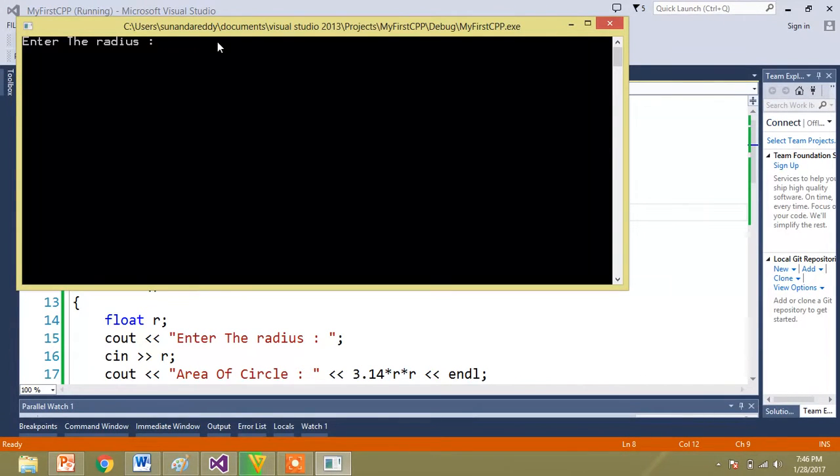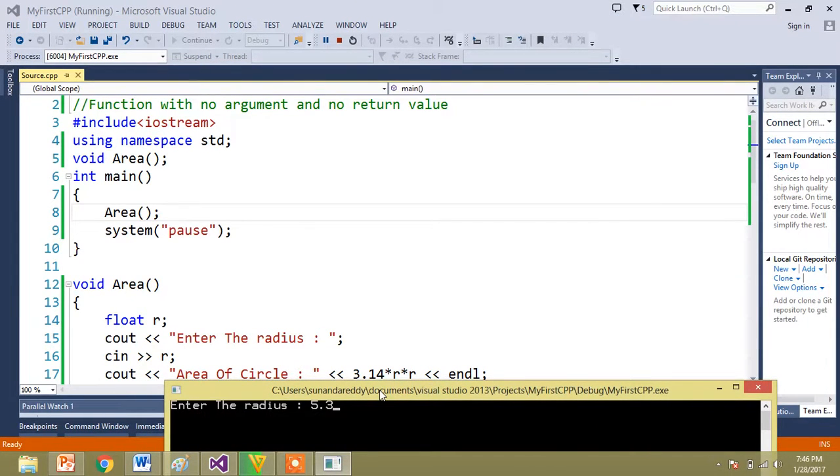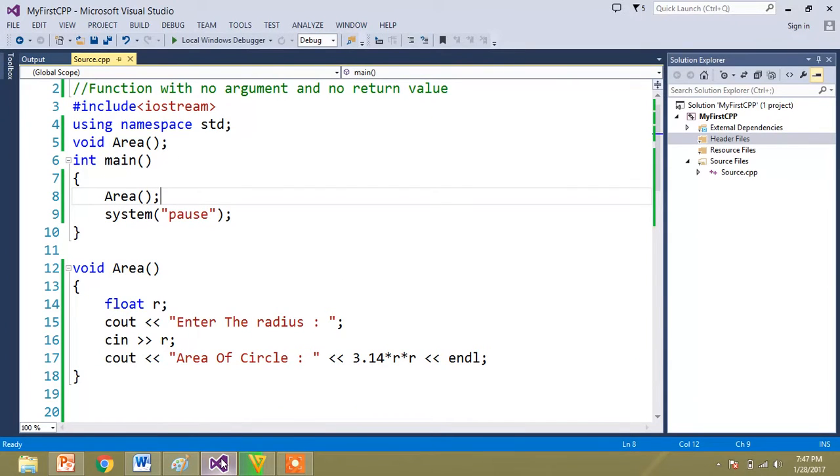It expects the radius to be entered, and I enter 5.3. So inside the body it calculates 3.14 into 5.3 into 5.3, and it returns 88.2026. That's how you calculate the area of the circle.